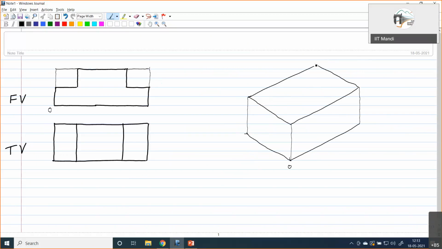So this is the tentative top surface. Like this we get the rectangular box, including these extensions.